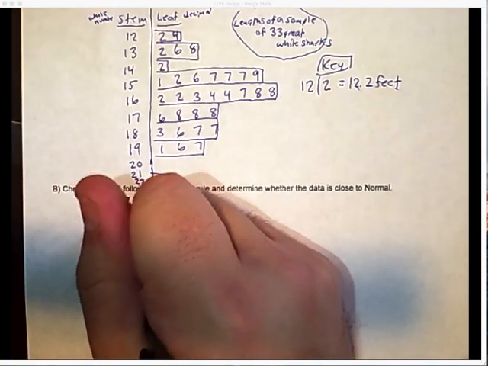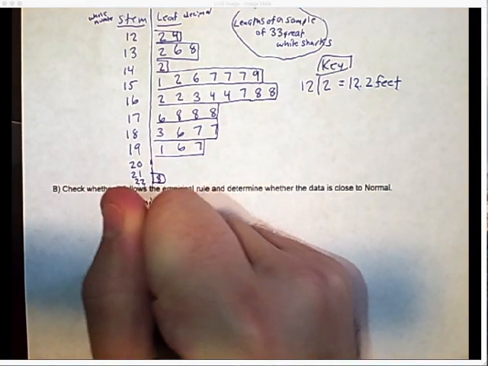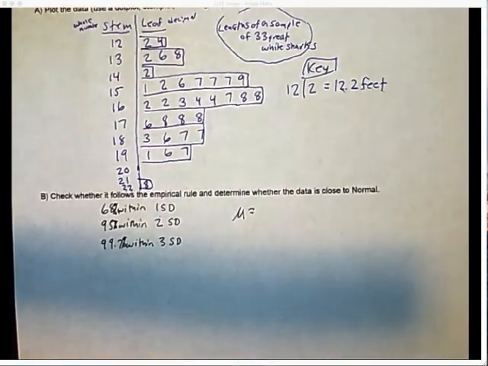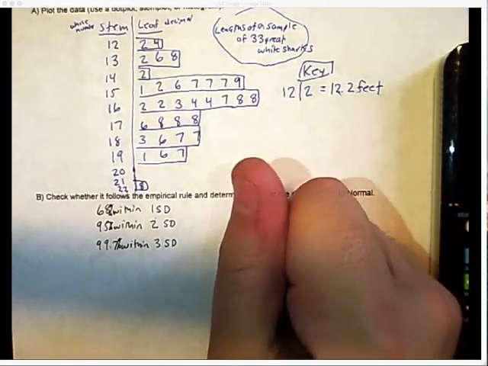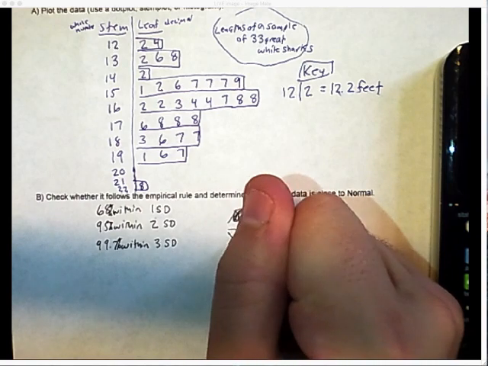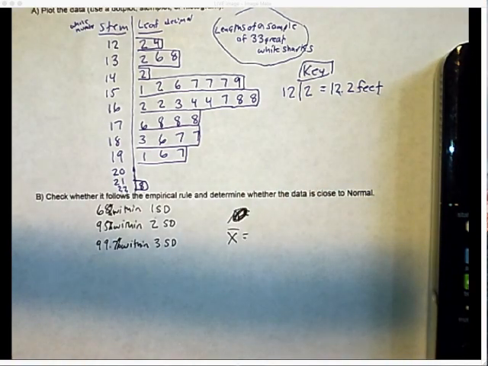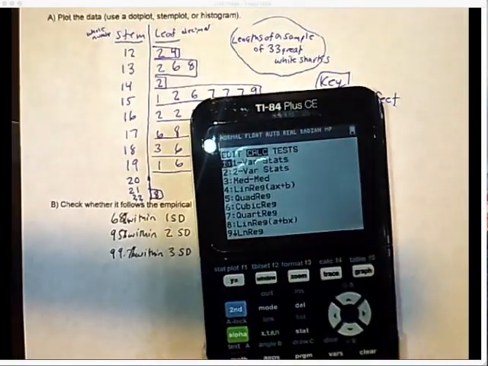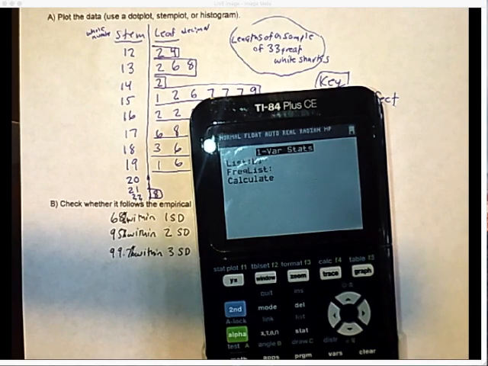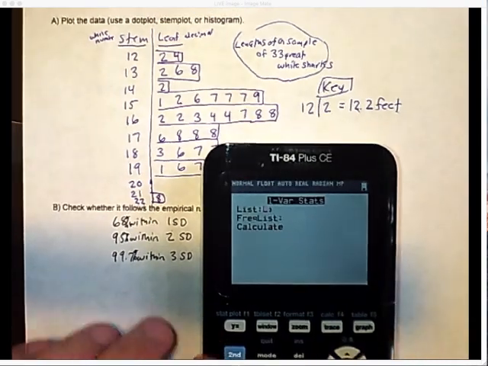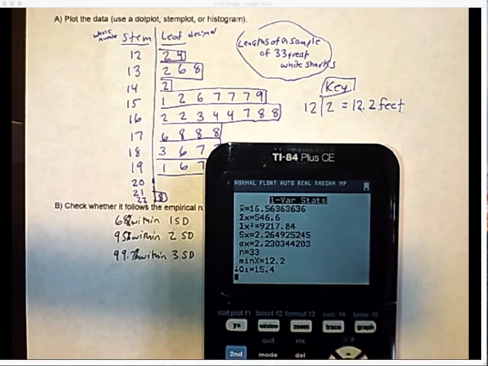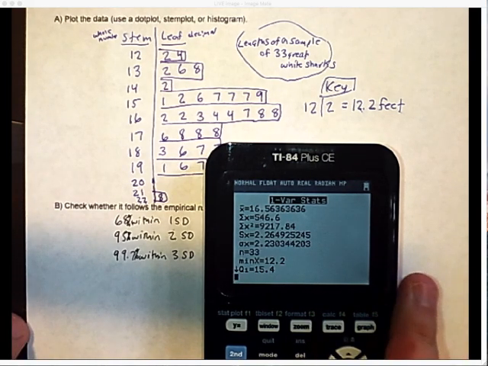These are percents. So how can we find the mean of this data? What's the mean of this data? Well, I already have the data in list 1. Actually, let's not call it mu because it's a sample. Let's call it x bar. So if I run one variable stats, stat, calculate, one variable stats for list 1, calculate, there's my mean, 16.564